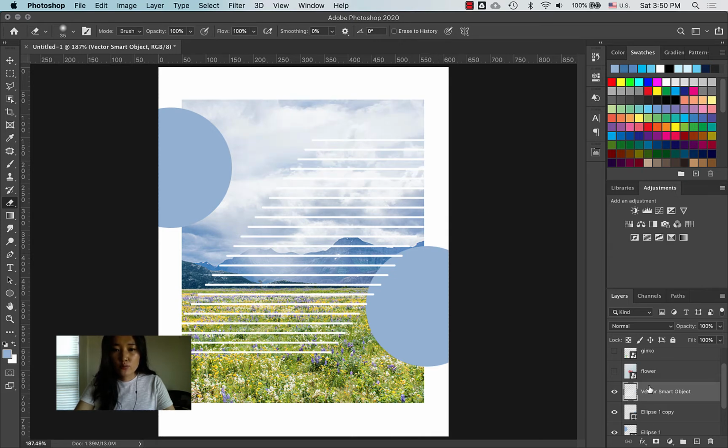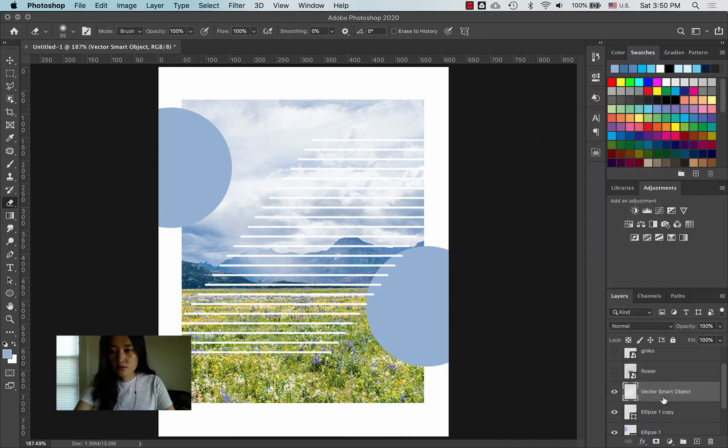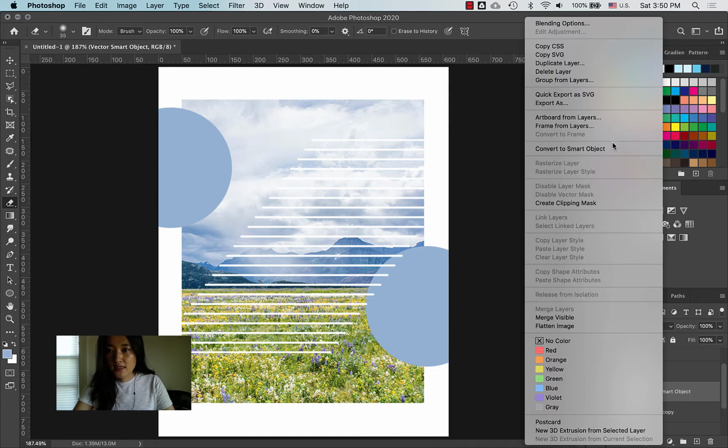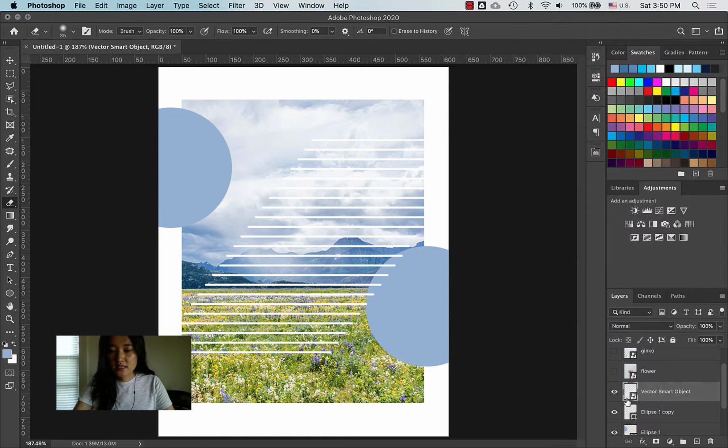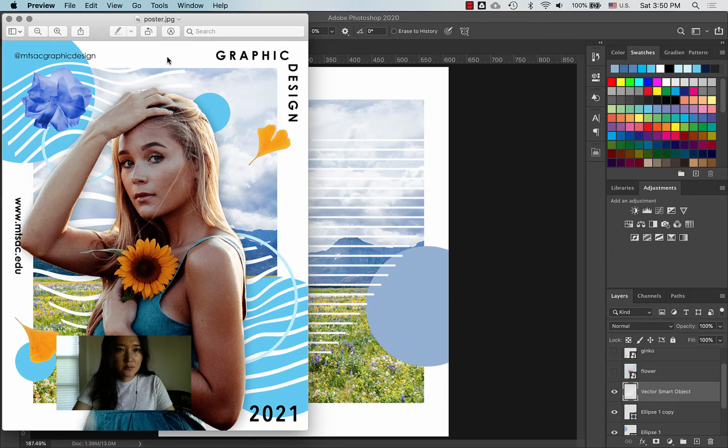And say that I want to bring this back into a smart object. So I right click here, oops, and then I press Convert to Smart Object, and you can see that it converted into a smart object again. So I'm just going to use it as a pixel because this is the size that I want it. And if we go back to the original poster, you can see that my lines are a bit more